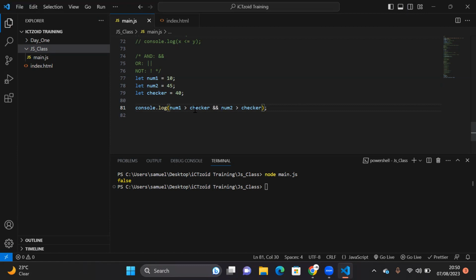So now let's say, okay, now num one is 10. Is 10 greater than checker? False. But if we now change this, let me copy this same code, paste it down, and change this from and to or. For the or, you make use of this pipe. The pipe,